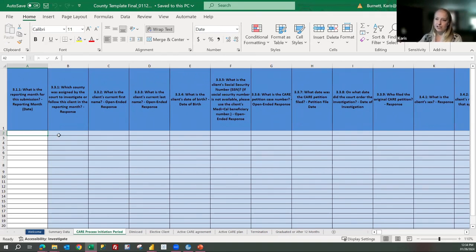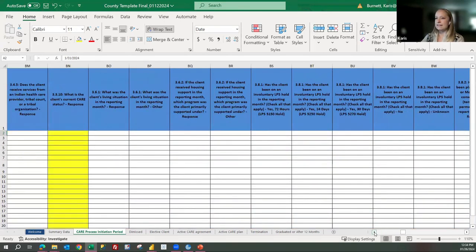For the care process initiation period, I really just wanted to show you the conditional formatting in here and how if you input a data point, it will trigger other columns to highlight blue or orange. Blue and orange fields do indicate a necessary data point. For this example, I will input a data point here. So this date will always be the last day of the month. If we go through to column BM,